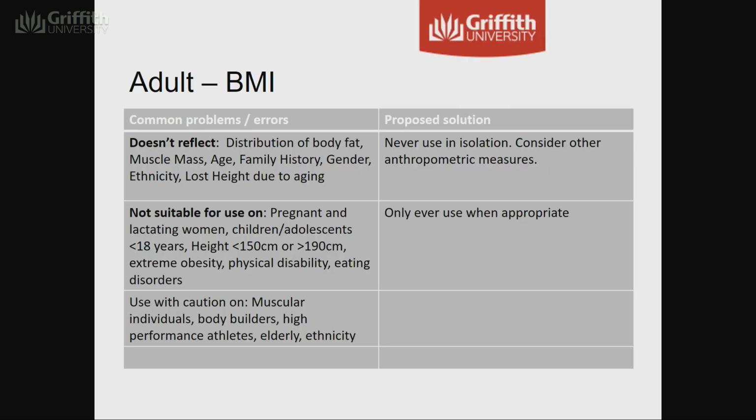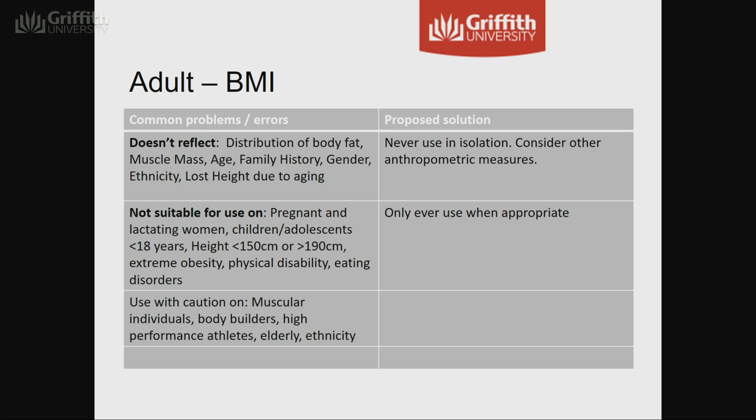Problems with BMI, well, it's weight for height. So you've got the problems associated with weight not necessarily being reflective of body composition. So the mass doesn't give you the breakdown of body fat to muscle. You've also got factors such as the age, family history, gender, ethnicity, height loss due to aging. There's a range of issues there. So we would encourage you to never use BMI in isolation, but consider other anthropometric measures if you can, like their body fat level, their lean mass level,